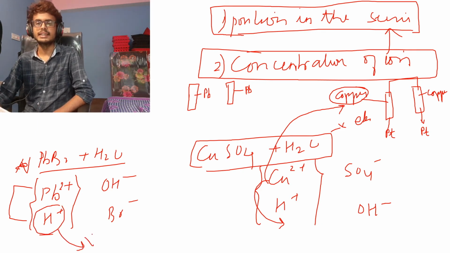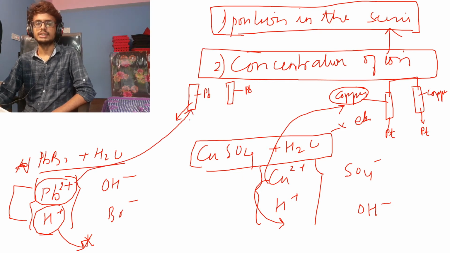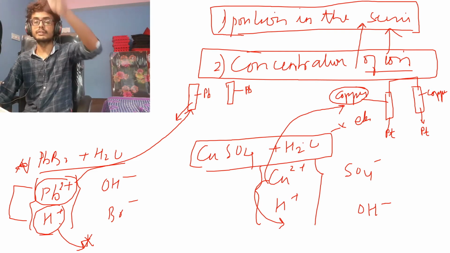But in this case, hydrogen will not get discharged. That is the thing I want to tell you today. The concentration of lead is more because the electrodes are made up of lead, and since the solution also contains lead, lead will favor lead moving towards it. It will not let hydrogen come towards it; rather the lead electrode will force the lead ions to come towards it. This is how concentration of ions can override what you learned from the electrochemical series.